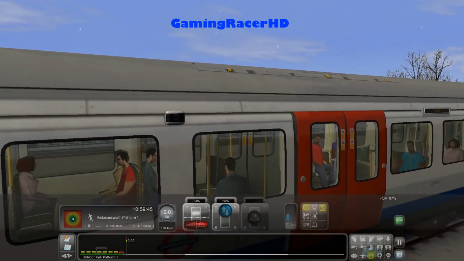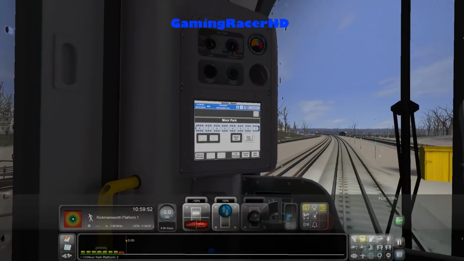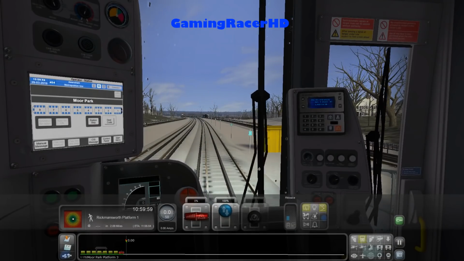So when the trains have locked, the light will obviously turn off. I believe that's meant to be blue when you have this option enabled, the sleep option. So I'm not too sure if that's the case. Anyways,